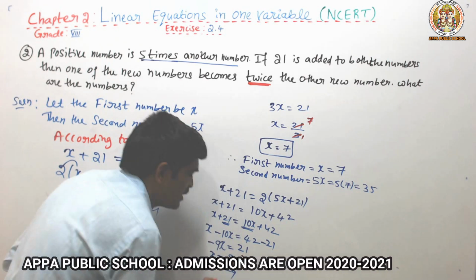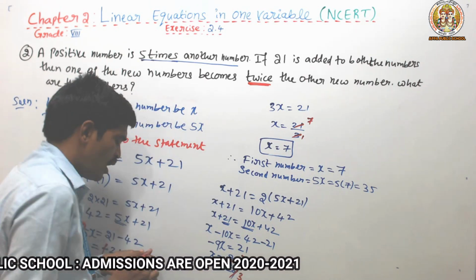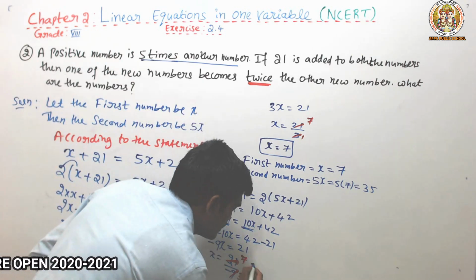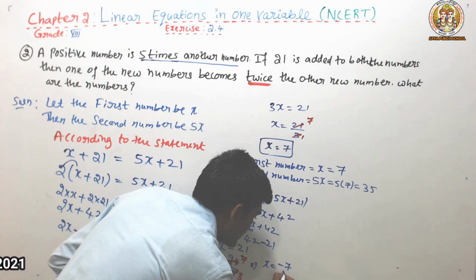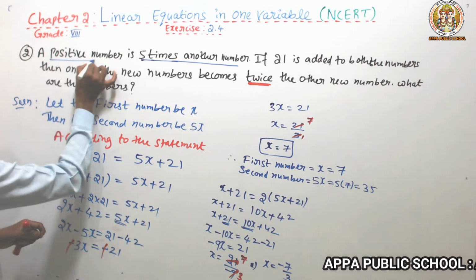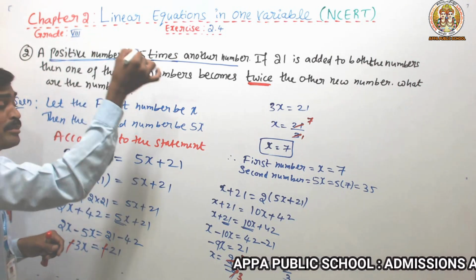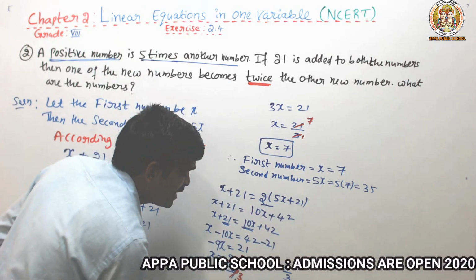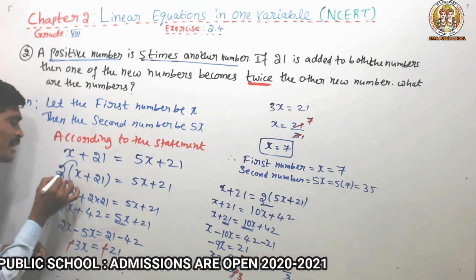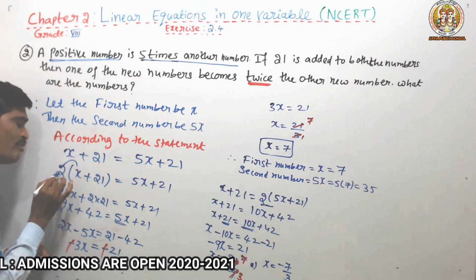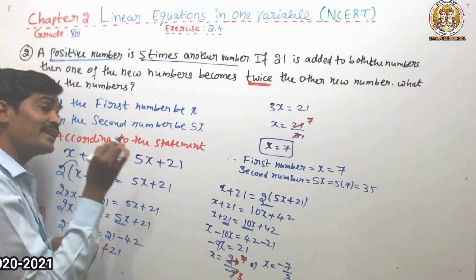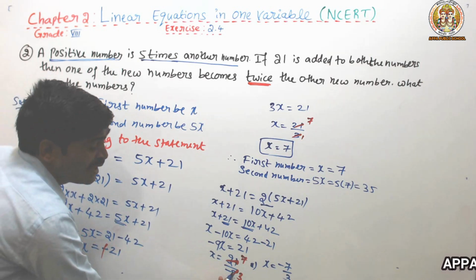3 sevens are 21, 3 threes are 9. Observe carefully, my dear students, here plus into minus, x value you will get minus 7 by 3. But in the statement they ask a positive number. But if you multiply twice here, what we get? We'll get a negative number. So you should remember, the first number we multiply twice. First only x plus 21 we have to multiply. If you multiply 2 to 5x plus 21, that also gets an answer, but the answer will be negative.